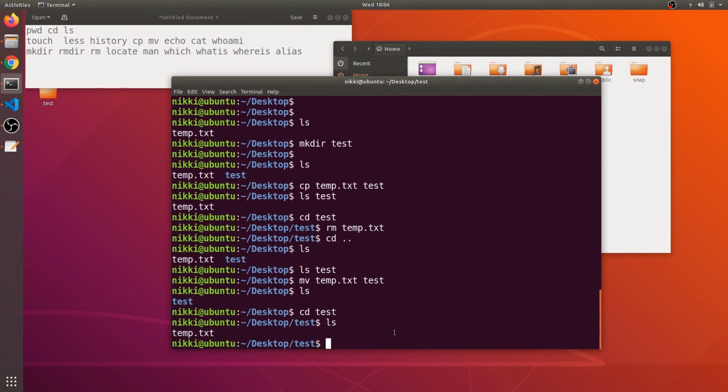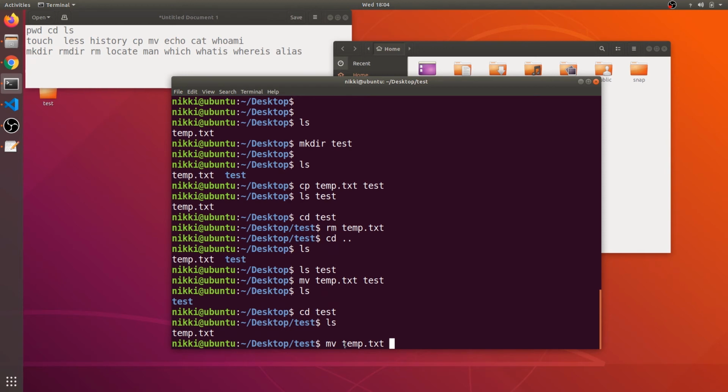And this is one way of moving a file, and the move command can also be used for renaming a file, because we are moving this file to another file name, then automatically the contents will be placed there and the old file will be deleted.